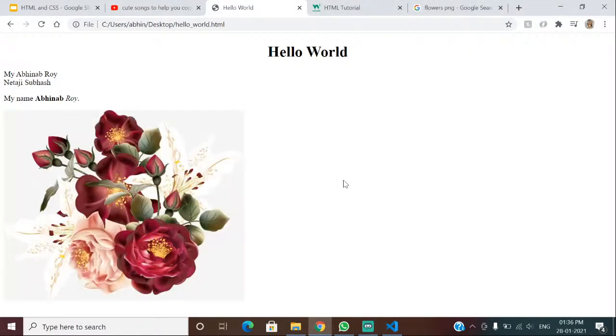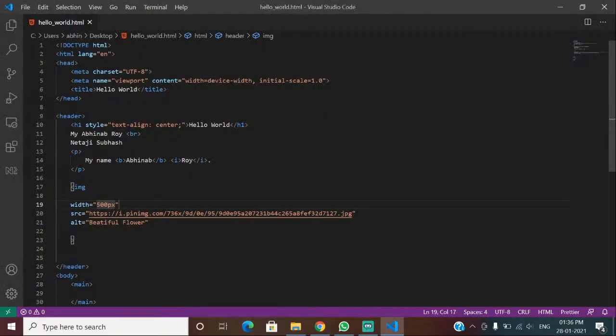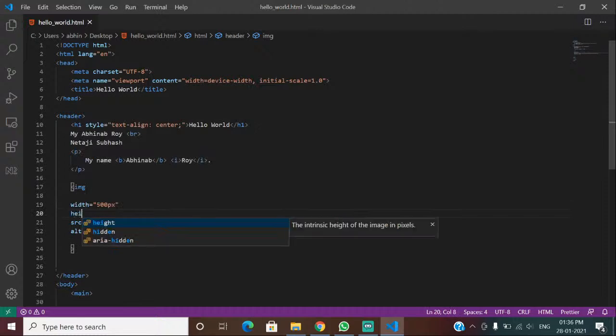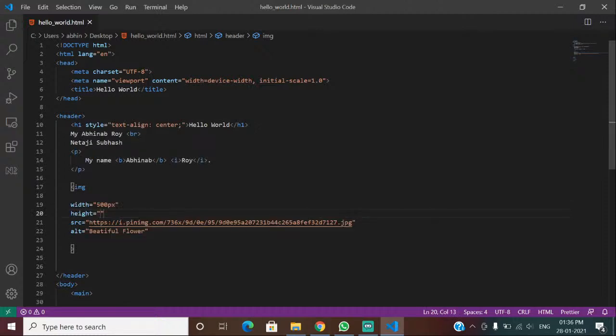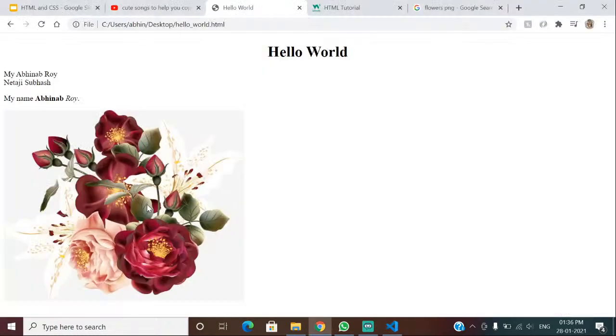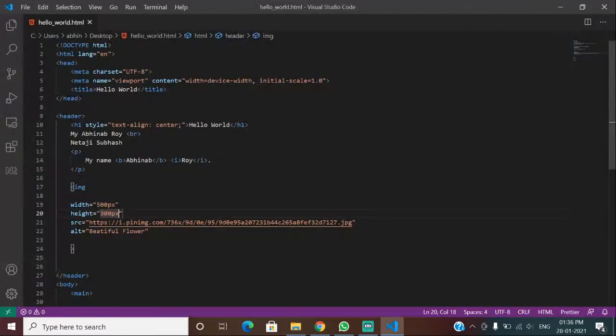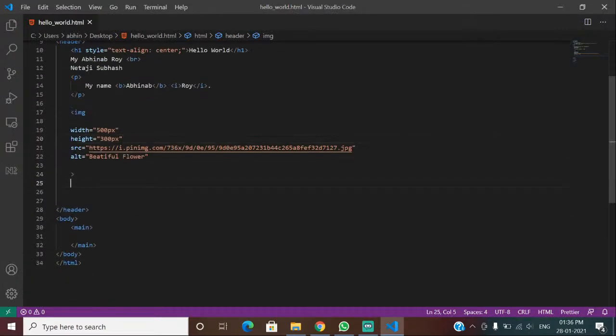Yeah, I think 500 pixels is okay. And in a similar way you can also write the height of the image. Let's suppose you're writing 300 pixels for the height, and it looks distasteful, I think. I don't like this image's height and width, but you can get the point. Okay, I'll not move about that. So next,